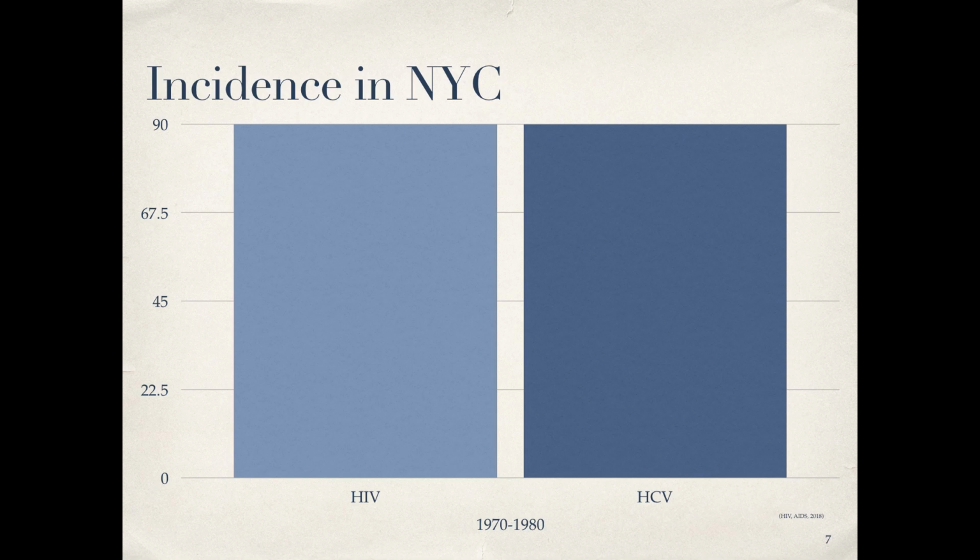So as I mentioned before, New York City was the first free needle exchange city in the nation, and this graph shows the incidence of HIV and hepatitis C during the 1970s and 1980s. And this was before people realized what bloodborne pathogens were, before people even knew what HIV was. And so in that decade, the incidence of IV drug users that had HIV and or hepatitis C virus were 90% for both. So in 1990, the free needle exchange program started in New York City,